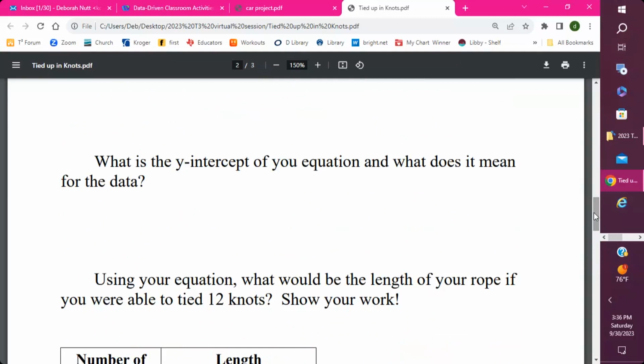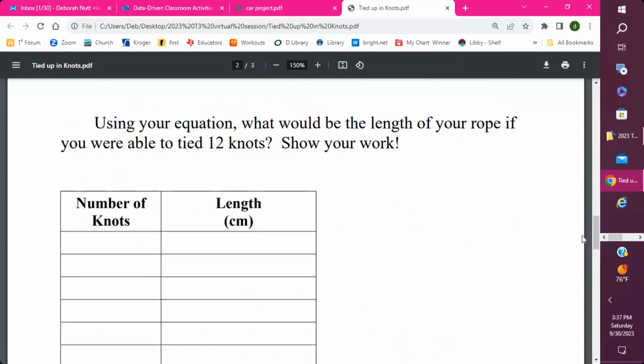And then I also had them use the prediction. If you were able to tie 12 knots, what would your rope length be? They were to show their work, and actually, they could use their calculators. Eventually we talked about that: if you could tie 12 knots. Yeah. Well, and again, in my particular case when I did it,